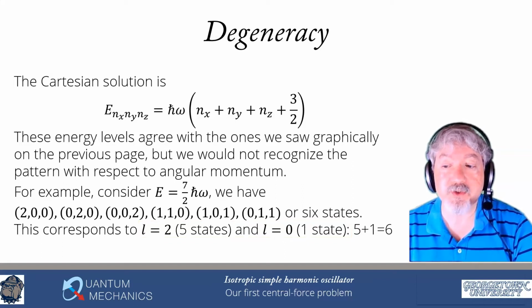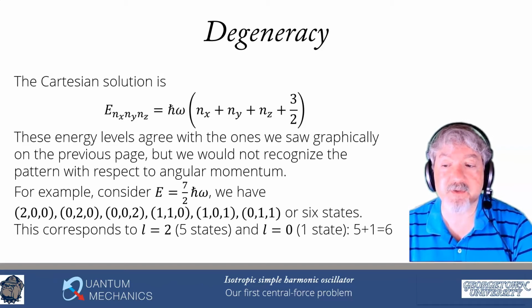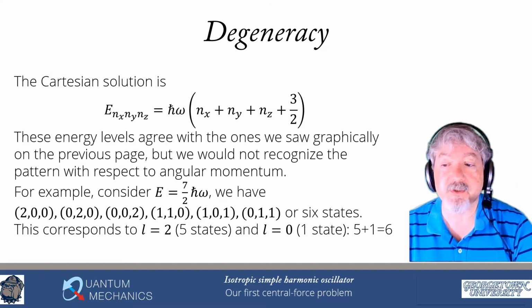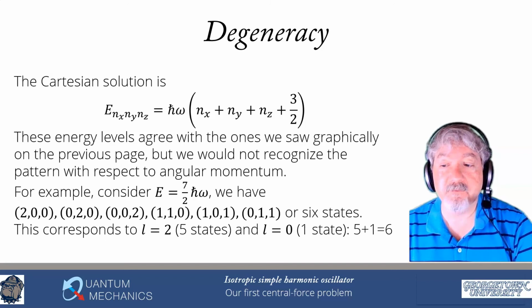So I hope you have enjoyed learning about the isotropic simple harmonic oscillator treated in the central force problem fashion using factorization. We're going to be covering other central force problems, primarily the Coulomb problem for hydrogen is going to be the next one that we solve, and we're going to take a lot of time to go through that because there's a lot of interesting stuff to do within that realm. And that then ends lecture 7 of module 7.